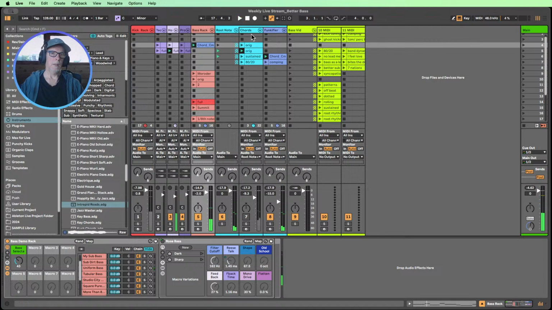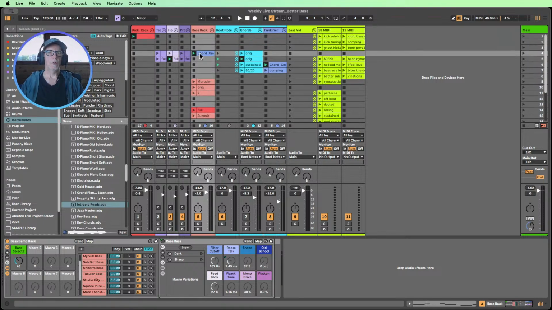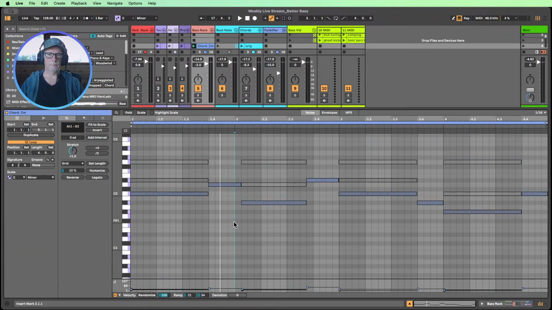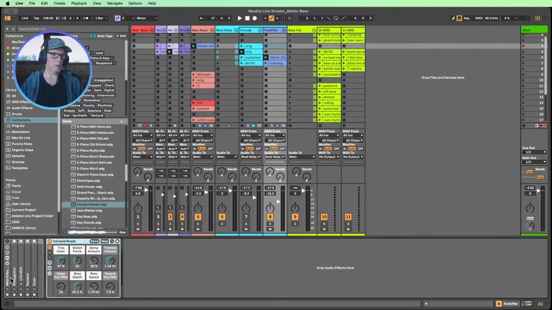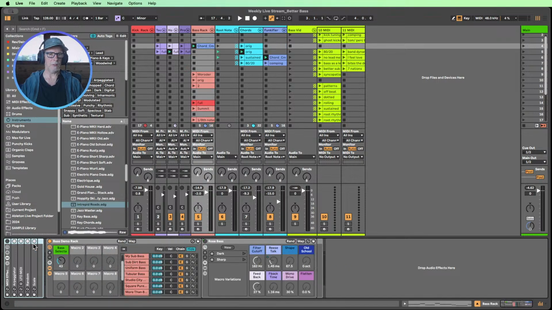Okay, and now comes the fun stuff. So we've got a root note bass again, but this time we're going to try something else. We're going to try and really funkify that, which is why I've said over here, the funkifier. So what I'm going to do is grab this little rack. I'll walk you through what's going on in it, and we're going to drag that over and stick it on our bass rack. So it's going to sit in front of the bass patches that we've been flicking through. And let's turn it on and have a look at what's going on.